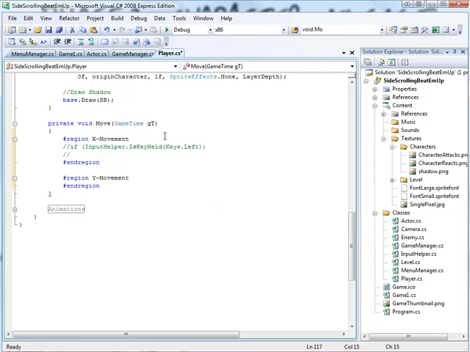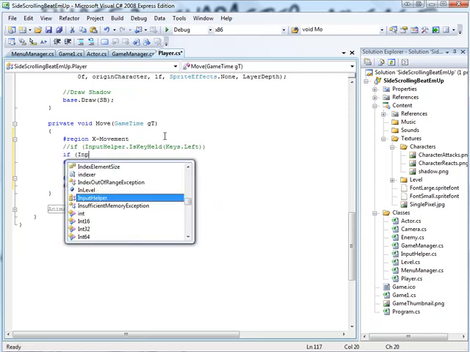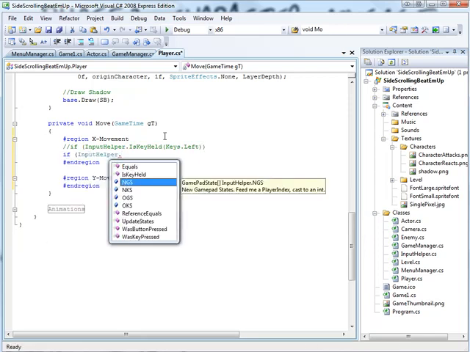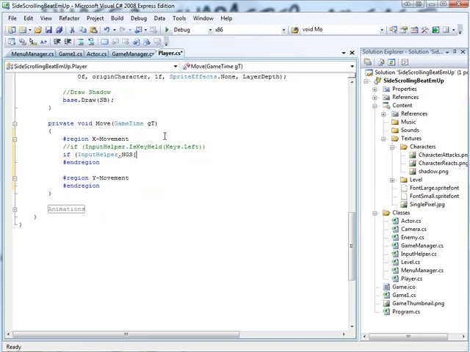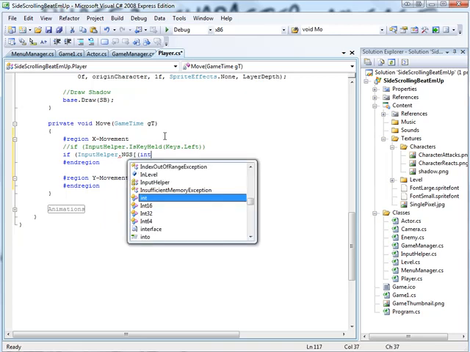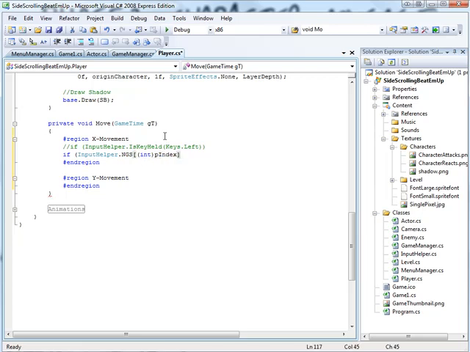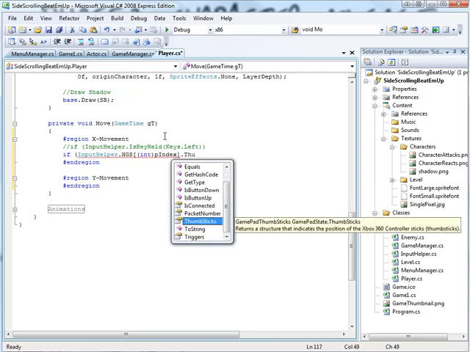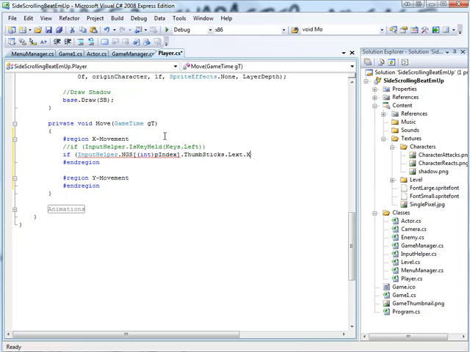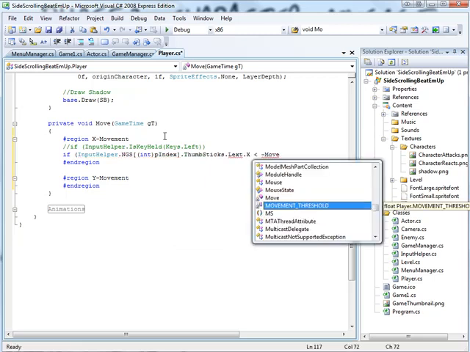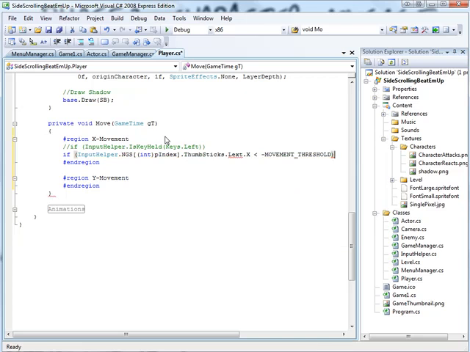Alrightio, let's do our gamepad thumbstick to the left, which is if input helper dot new gamepad state, which gamepad state are we looking at? We're looking at over to an int, our player index, p index, closing u, dot thumbsticks, dot left, dot x is less than negative movement threshold. There we go. So if we've taken it over past our limit of x, our dead zone,